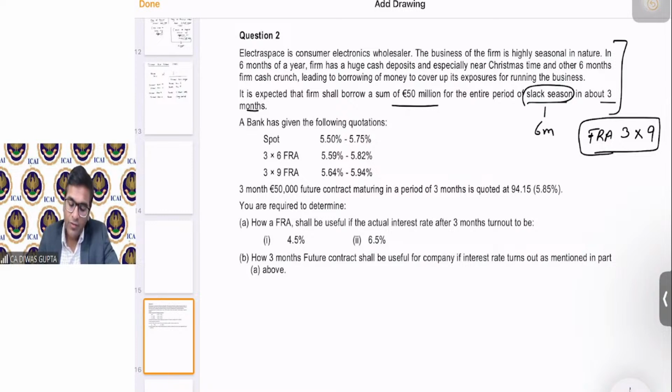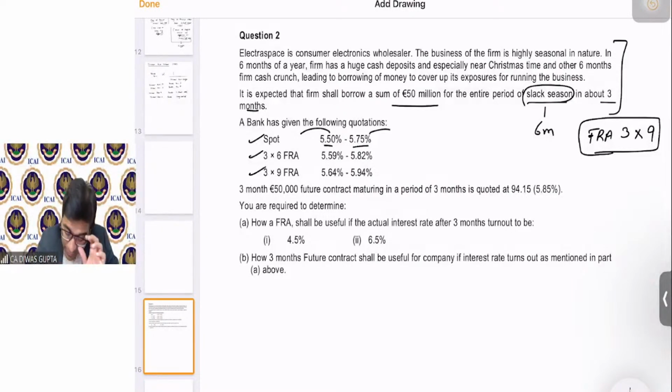Now, the bank has given the following quotations. So they have given a spot price. Now, for these two rates, students, you would always understand that if you have to borrow, you will borrow at a higher rate. If you have to invest, you will invest at a lower rate. Correct? That's the significance of these two quotes. Even in foreign exchange, you would have studied, students, if you want to buy a foreign exchange from the bank, you will end up paying the higher rate. If you have to sell the foreign exchange to the bank, you will end up selling at a lower rate in this quotation, right? And the difference was called the spread.